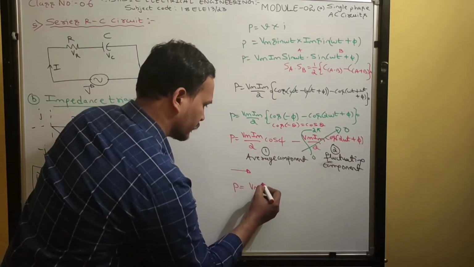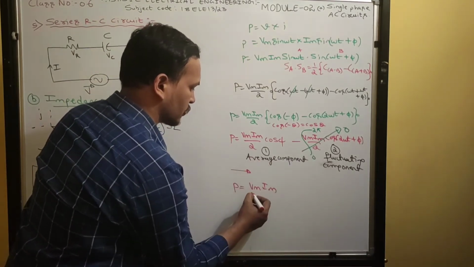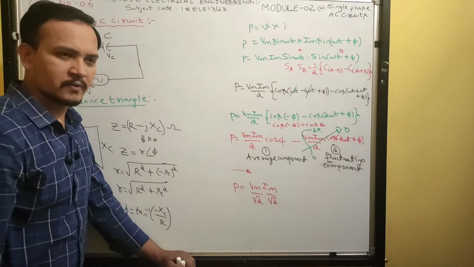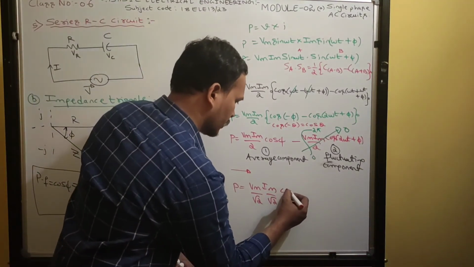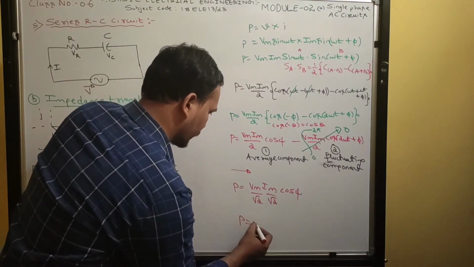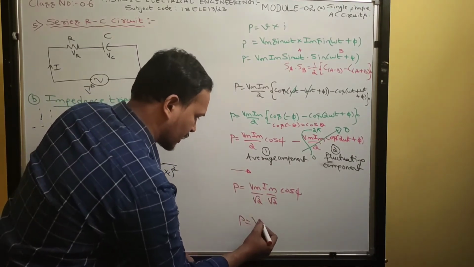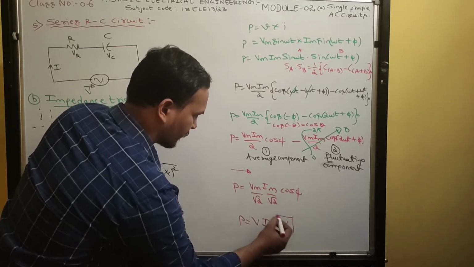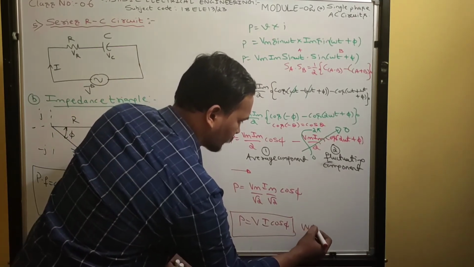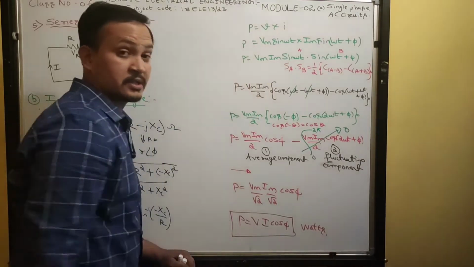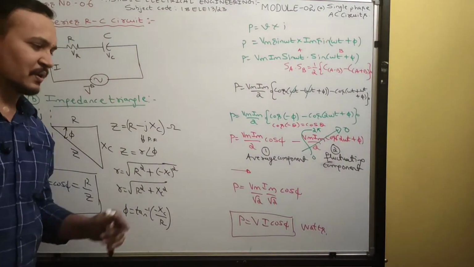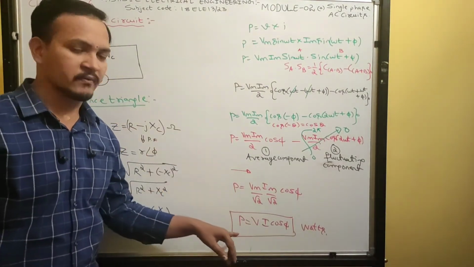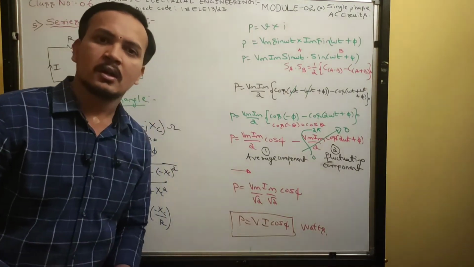So later we can write Vm Im. What can I write this as? Root 2 into root 2. Root 2 into root 2 gives root 2 whole square. It becomes 2 only again. Into cos phi. Therefore, power is equal to, what is Vm by root 2? Vrms. RMS we are writing in capital letters. What is Im by root 2? Irms into cos phi. Therefore, what is the power consumed in the series RL circuit? Sorry, RC circuit. In the series RC circuit also we got the same equation. What did we get in the series RL circuit? Same equation we got. Power is equal to V I cos phi.